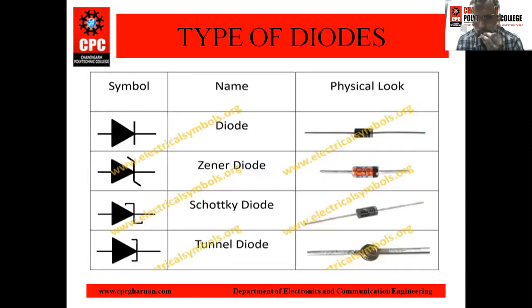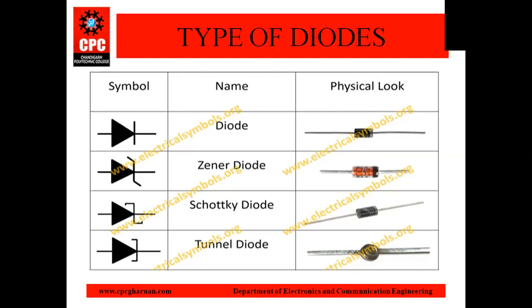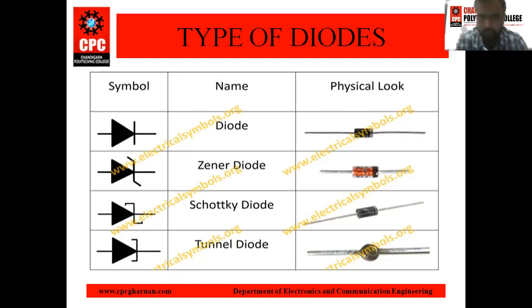Next is different types of diodes. We have different types of diodes as shown in the figure: your ordinary diode, Zener diode, Schottky diode, and tunnel diode. First of all, we'll discuss the ordinary diode. This is a low level diode in which ordinary low level doping is formed, and this is used in rectifiers. After that, Zener diode. Zener diode is a heavily doped diode, used for voltage regulators, and it can work in both biases.